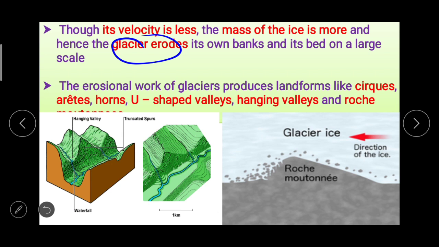So, the erosional work of glaciers produces landforms like cirques, arêtes, horns, U-shaped valleys, hanging valleys and sheep backs. Here again it is very easy to understand such concepts by observing the figures, and as you can see in the figure,